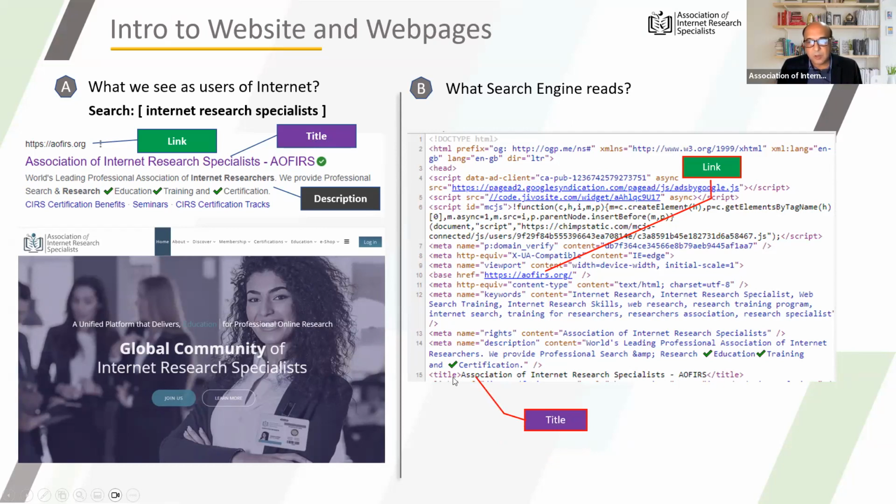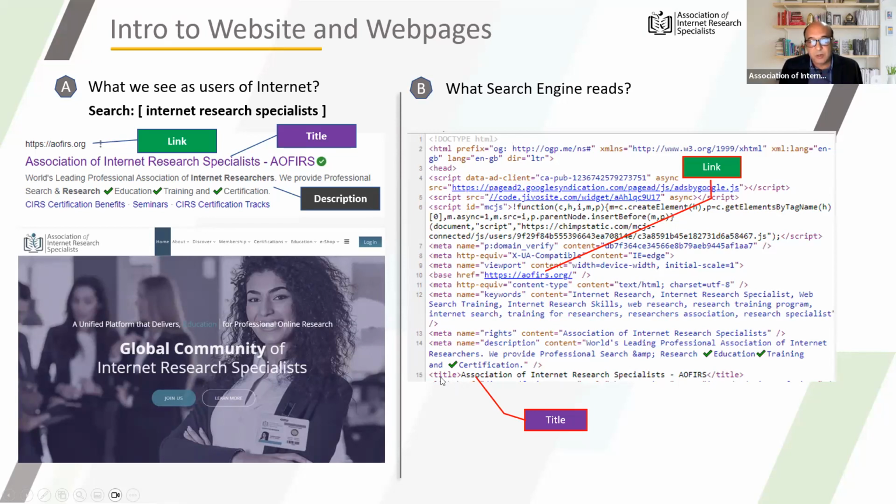tag. Just for making it easy for you, we are not going to be teaching HTML, so don't get that notion that you have to learn HTML. What we are interested in is certain tags or labels. Labels and tags are the same thing. Basically, a tag is the description of what is embedded or what is considered as the textual part, which corresponds to a name called title, or the tag itself is called a title tag.